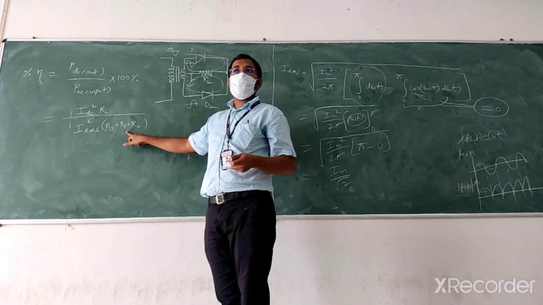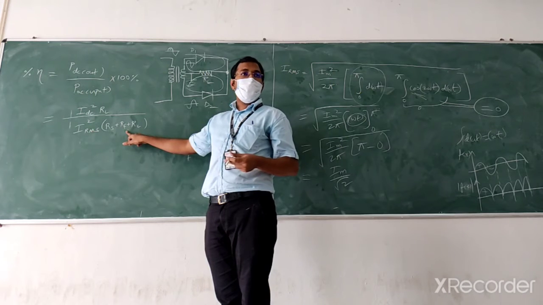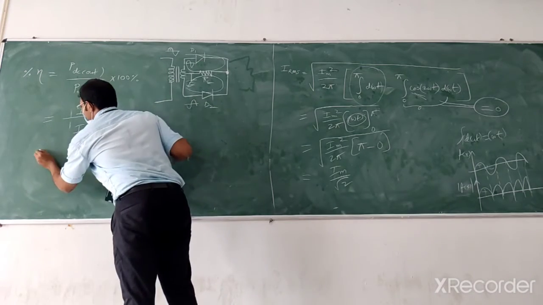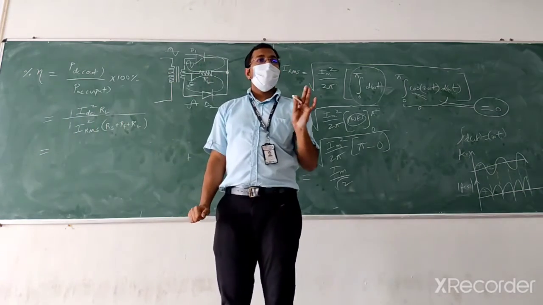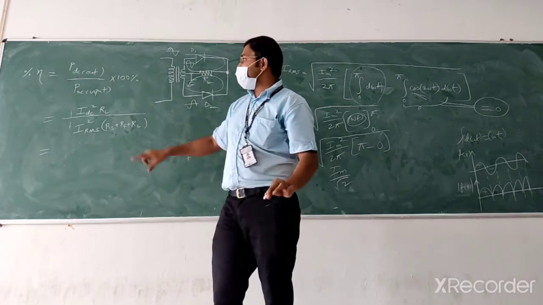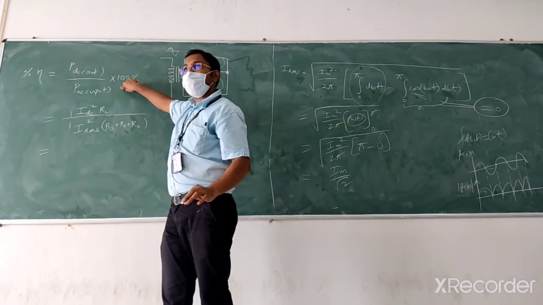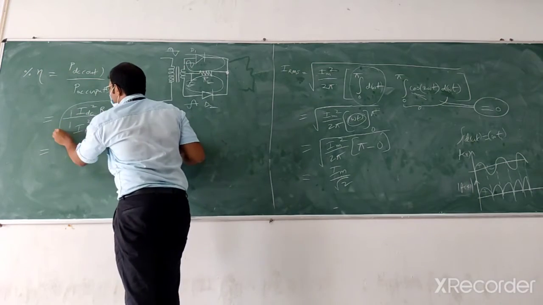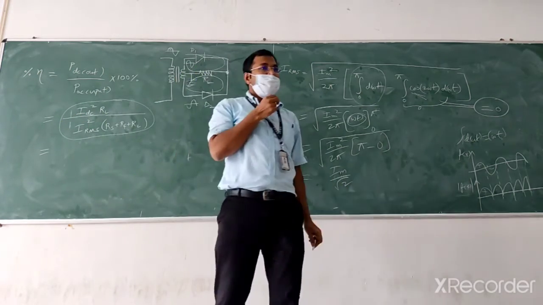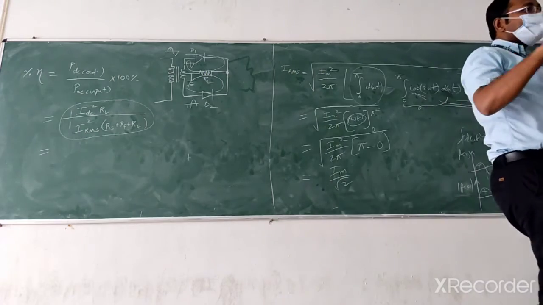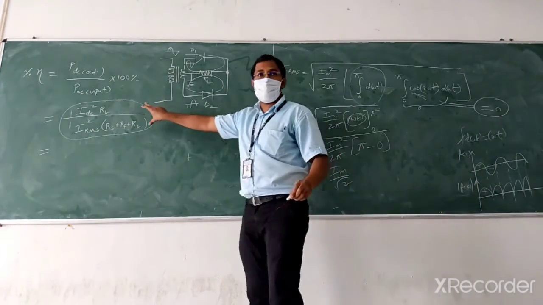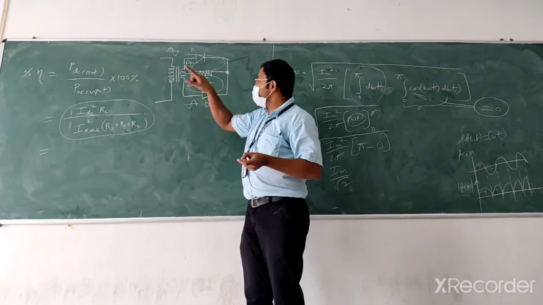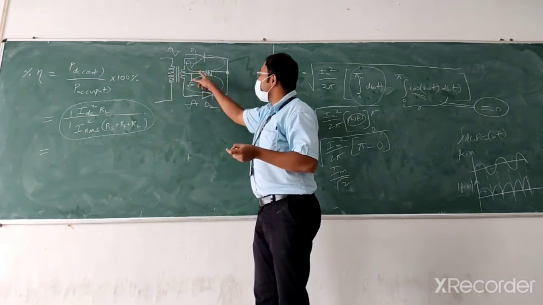Is there anybody who didn't understand? Do you want me to repeat? Okay, I understand it is clear. So efficiency is again very easy: same formula, similar expression. What we have for the half wave is valid here as it is, because it is like two half waves, one in this path and another in this path.